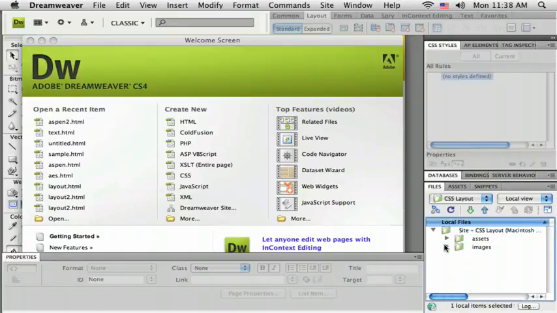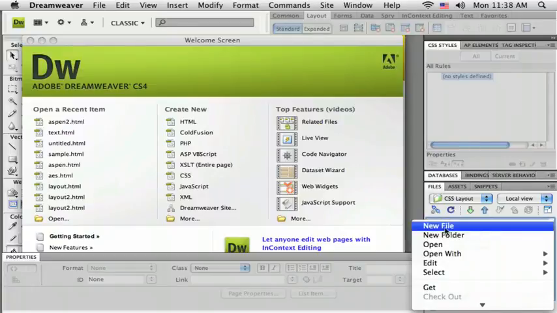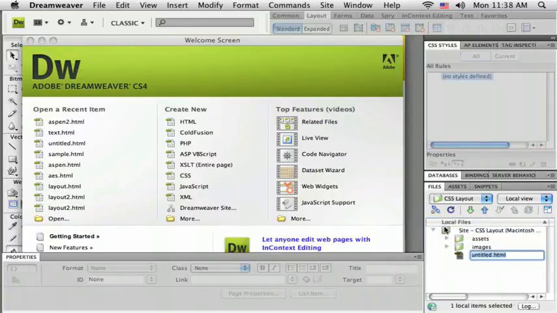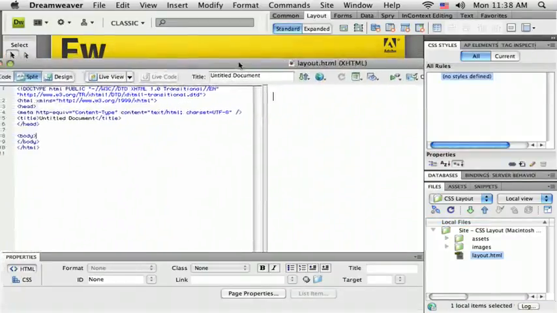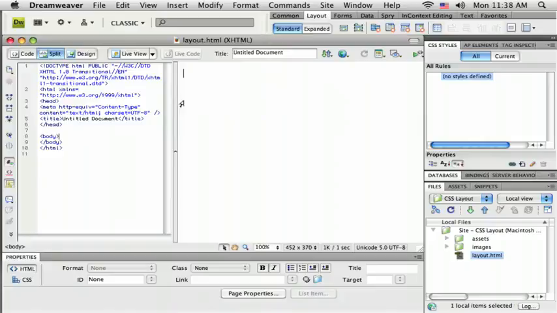So the one thing that I don't have in here now is an HTML document to get started working on. So I'm just going to come up and right click or control click on my site folder and do new file, and I'm just going to name this layout.html. So that's the document that I'm going to work on in Dreamweaver, and if I double click on it, that'll open up. I need to bring it over here and open it up in this window. Okay, so I opened up that HTML file,